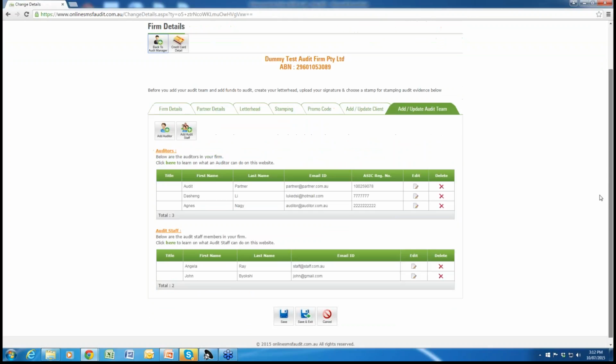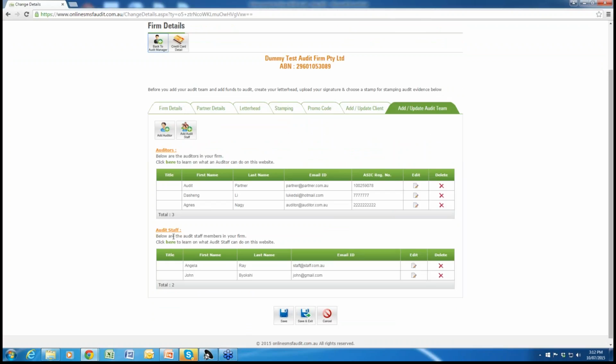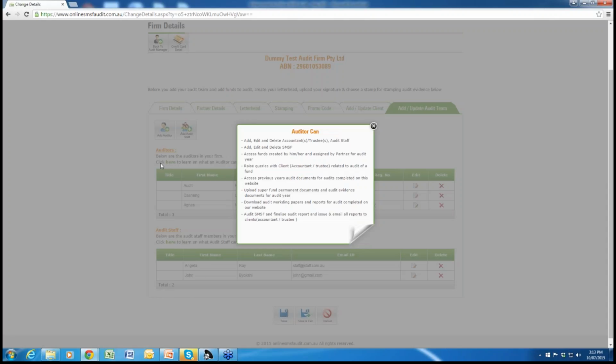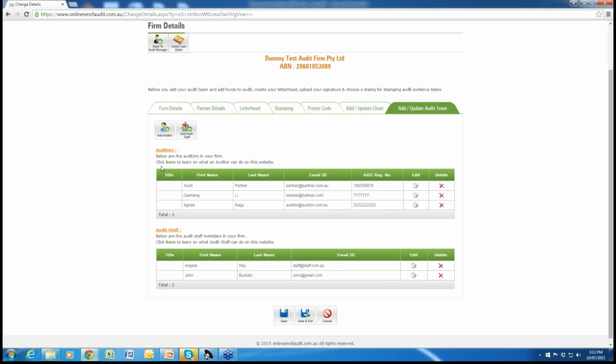Now there is a difference between an audit staff and a normal auditor, and the difference is that I've just clicked, I'll just show it to you again. What an auditor can do is shown here, but then you can also download the instruction manual, and we've got details on what an auditor can do. An auditor is basically an ASIC approved auditor who has got power to sign an audit report. A staff member is an auditor in the firm, but he's not an ASIC approved auditor and he cannot finish